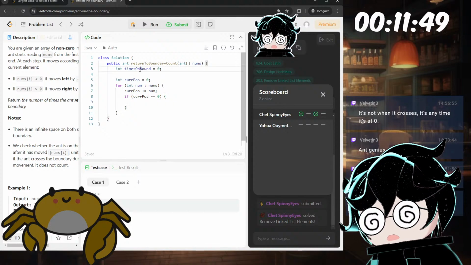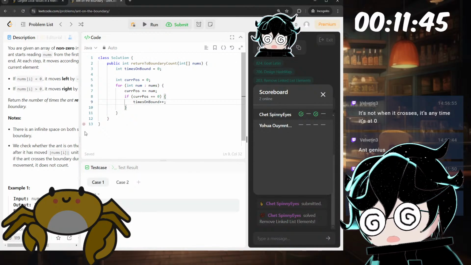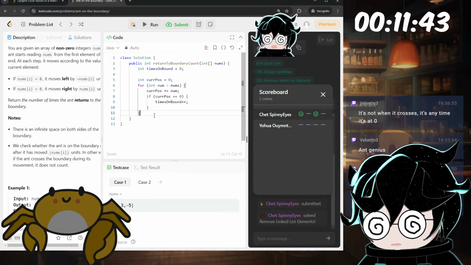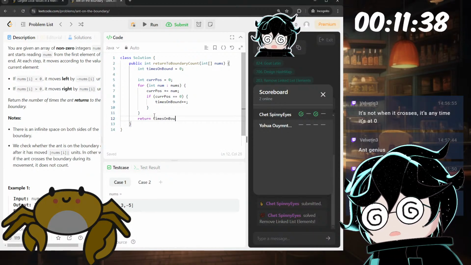If the current position is 0, then timesOnBoundary plus plus. Yeah. And then you return timesOnBoundary.